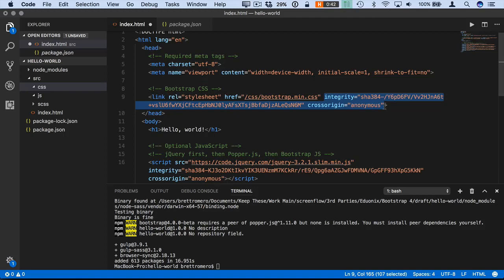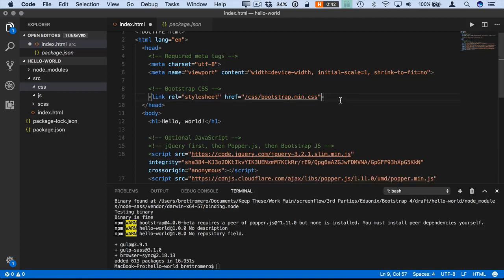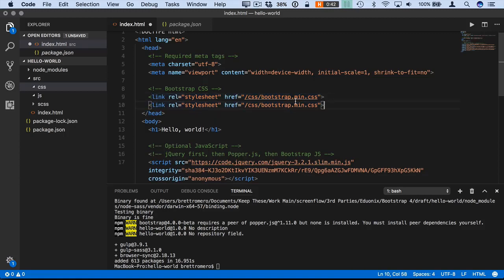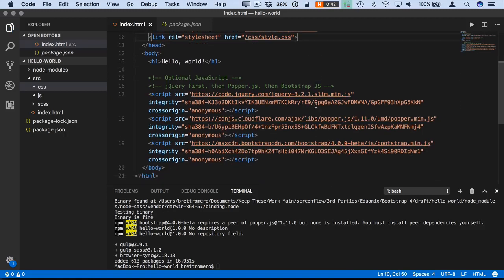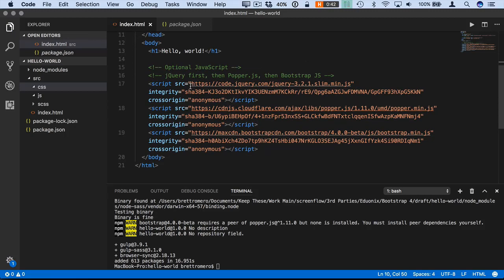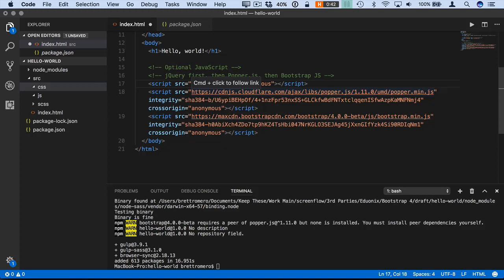I'm going to go ahead and remove this metadata from this link up here. We're going to have a style.css as well. So I'm just going to change or paste this here, and we're going to create that file there, or that reference. Now down here, we can go ahead and start making a few changes. So I'm going to go ahead and remove that. We're going to put in a reference to js/jquery.min.js, and just going to remove some of this metadata and copy, since this is the simplified version of that,